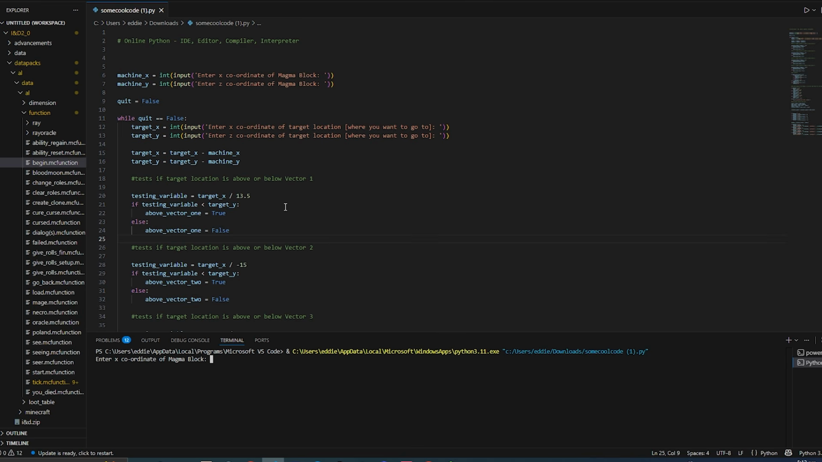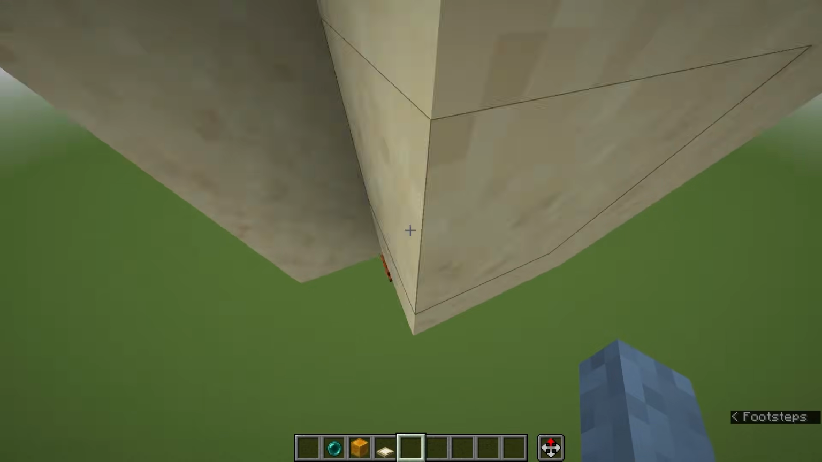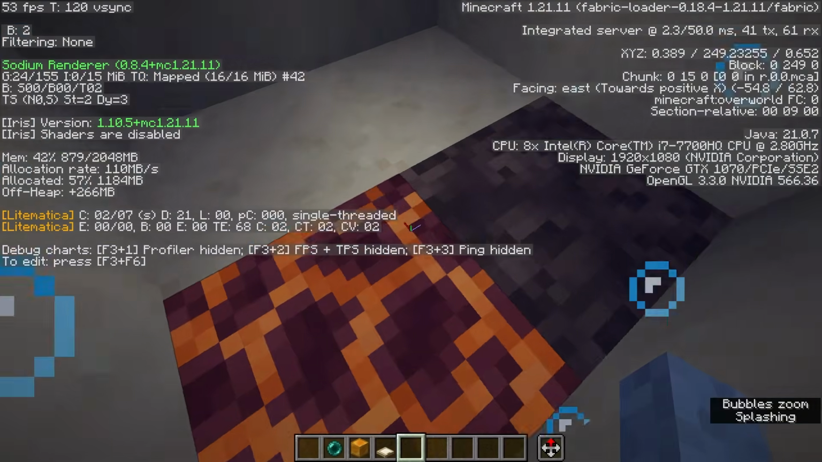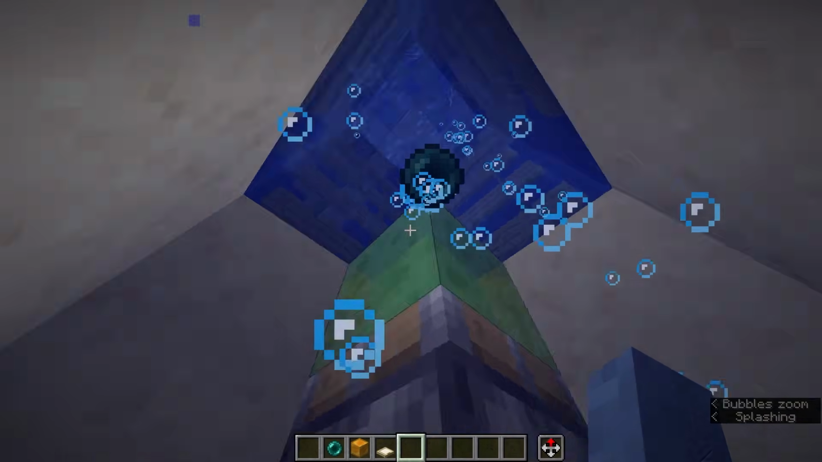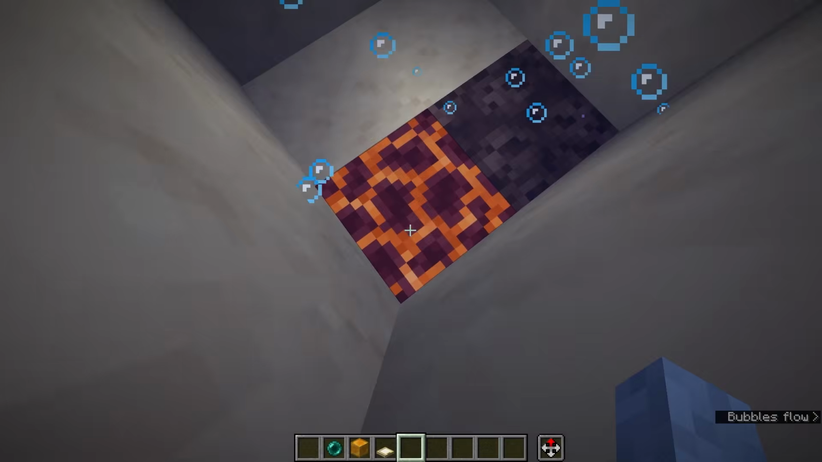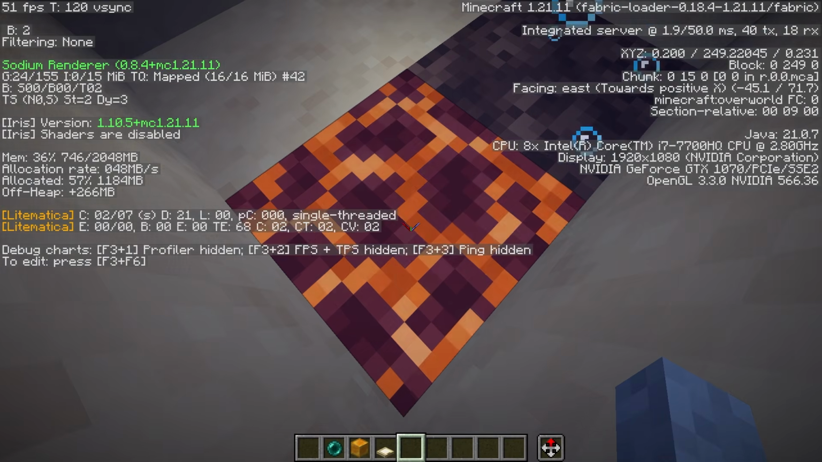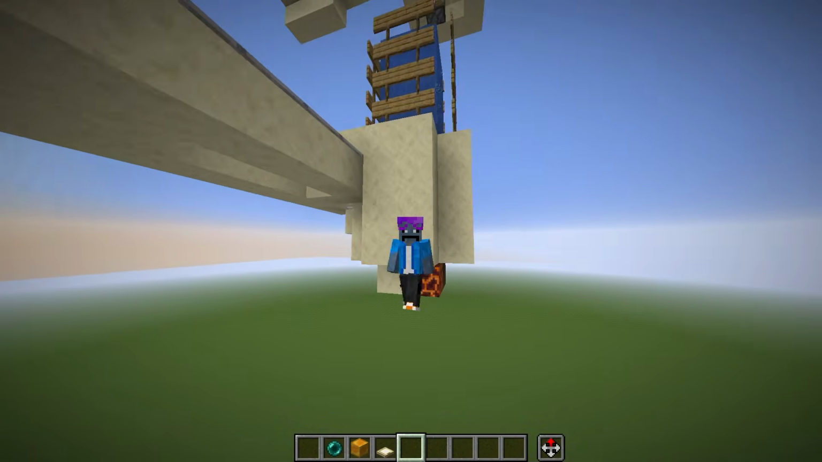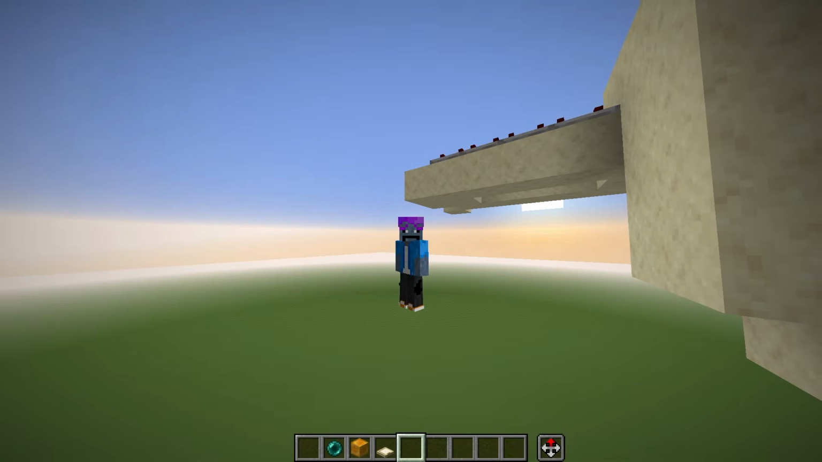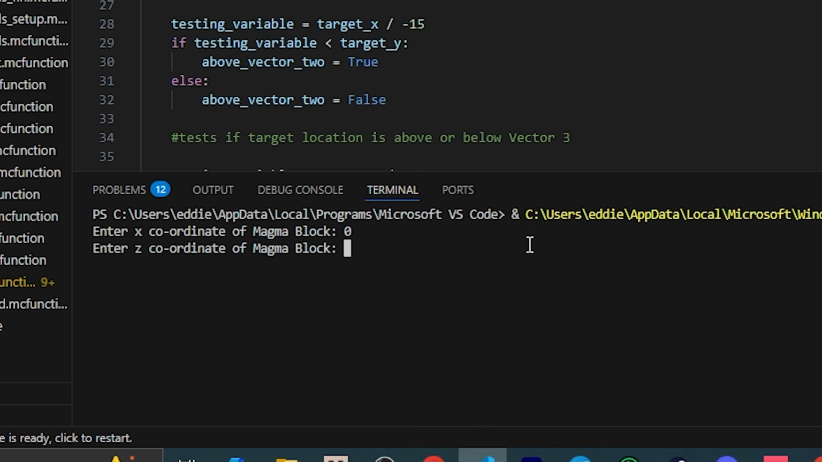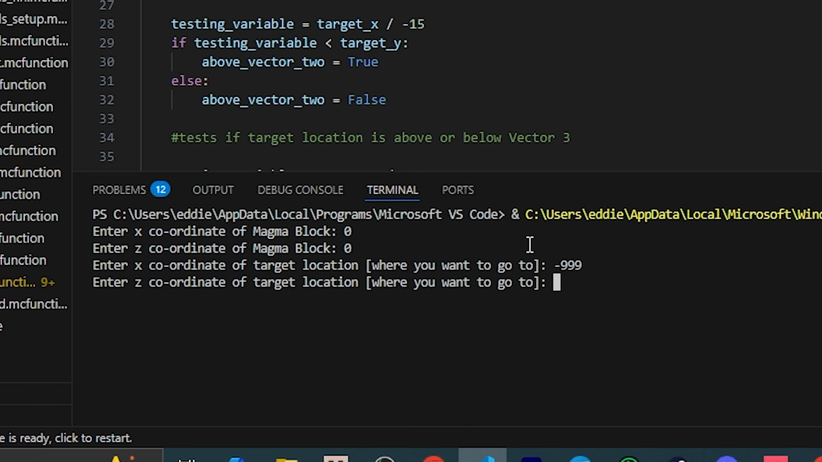when you run the Python code, it should ask you to get the x coordinate of the magma block, which is just the center where the ender pearl is pretty much. For my cannon, I've placed it at 0, 0. You don't have to place it at 0, 0. You can place it anywhere in the world and it will work perfectly. Put in 0 for the z coordinate, that is also 0, and now put in the x coordinate of where you want to go. Let's go negative 999,